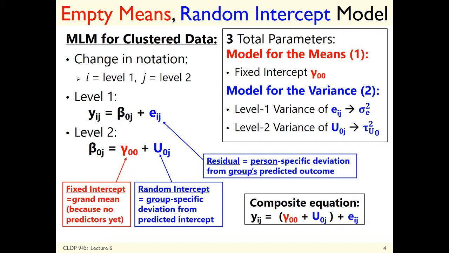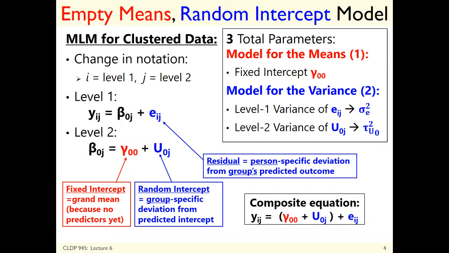I say G and J interchangeably sometimes when I'm spelling things aloud, so I may actually say it that way, but yeah. So individuals are the I still, they're level 1. J is group spelled wrong, level 2. Otherwise, the notation is exactly the same. And this helps to explain why it is that E is level 1 and U is level 2. This comes from what it would look like if you had a single level regression model of people. The E term would be between person differences. When you add the multi-level component, you're adding the groups, you're adding the U. So that's why E is level 1 and U is level 2 in most people's notation, is because the world of multi-level started out, I think, more this way than the longitudinal way.